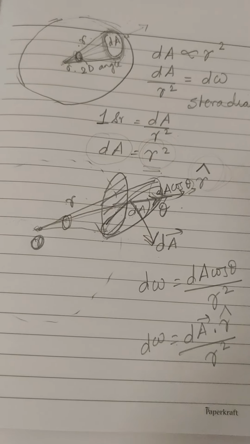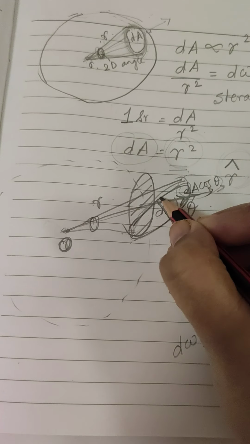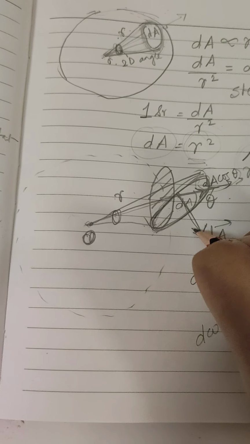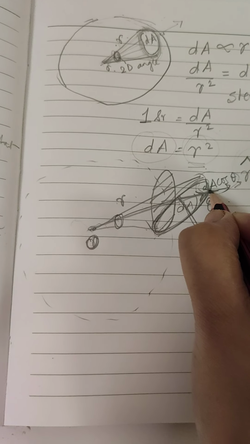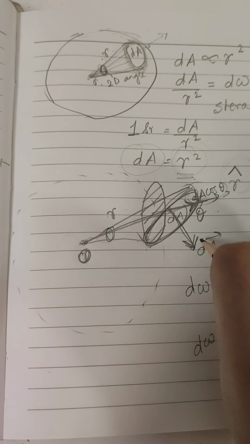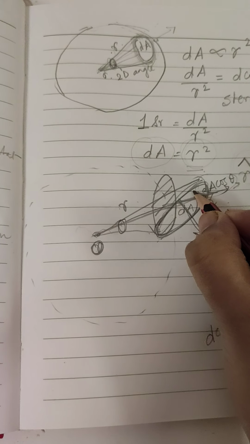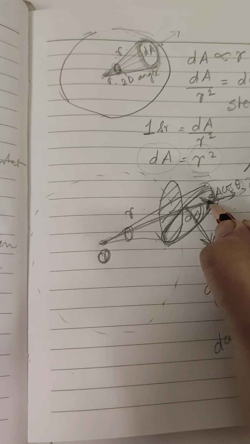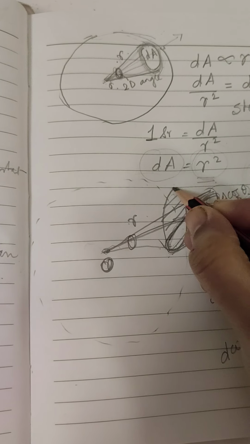I hope I have made this part clear, though it is looking a bit clumsy. I have taken a surface, this dA, and its direction of area vector is in this direction, and the line joining r cap is in this direction, the radius is in this direction. My condition for solid angle is that dA and r should be in the same direction. So I want dA in this direction. I take the angle theta between them. The component of dA in this direction is dA cos theta. If this is dA cos theta, where is the surface? This is the surface area.